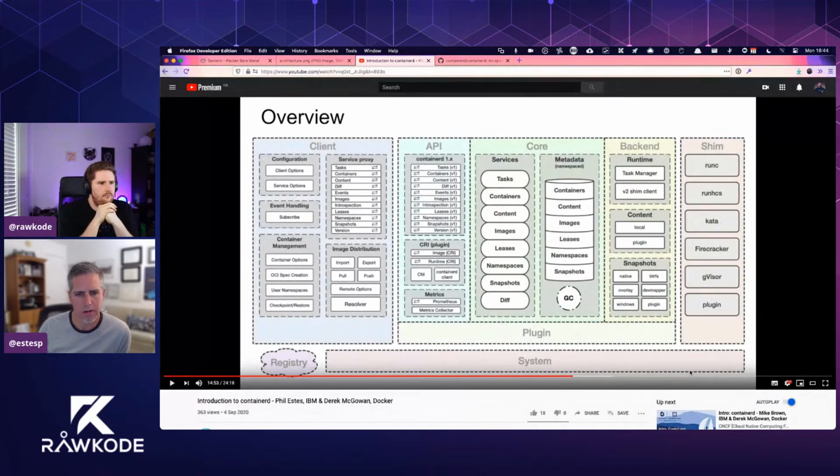There's no metadata type called a pod. It's the CRI plugin that knows these two containers are in the same pod, so they need to share the network namespace and UTS namespace, etc. So containerd's core code base does not have the pod concept.